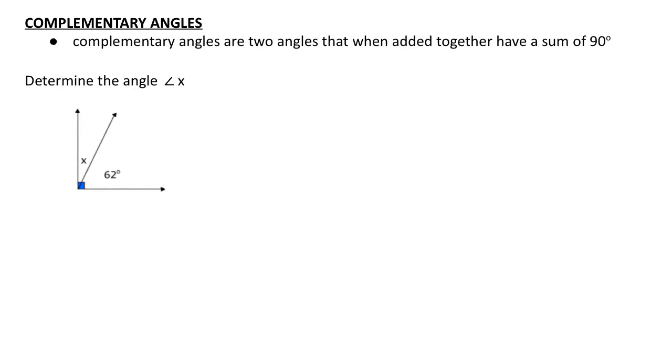Another simple angle property or relationship is complementary angles. Complementary angles are two angles that when added together have a sum of 90 degrees. Before we talk about how to calculate a complementary angle, let's just remember that a 90-degree angle also is called a right angle. It is a kind of L-shaped looking diagram that is marked with a little square in the corner. And seeing that square marked in the corner tells you without a doubt that that angle is